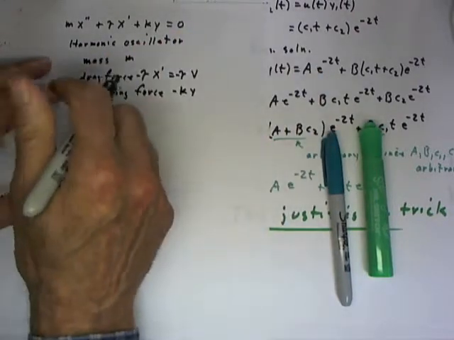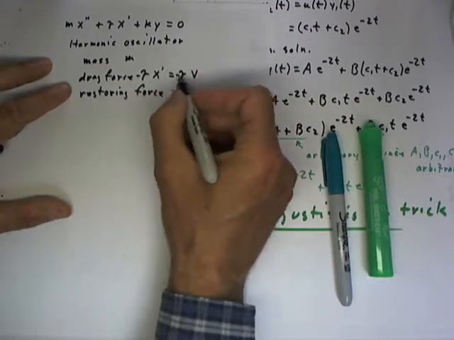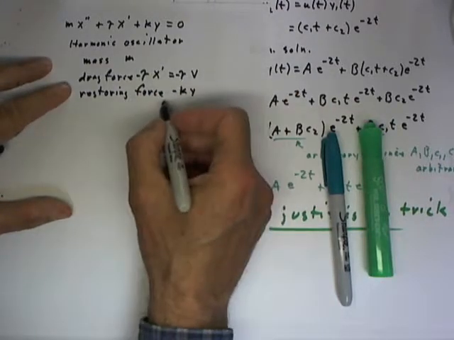We make these both negative because the drag force is in the direction opposite the velocity, the restoring